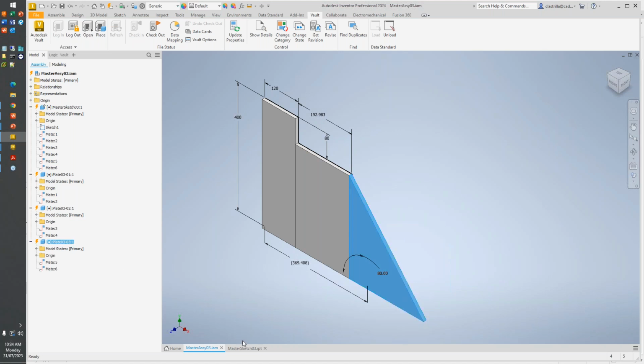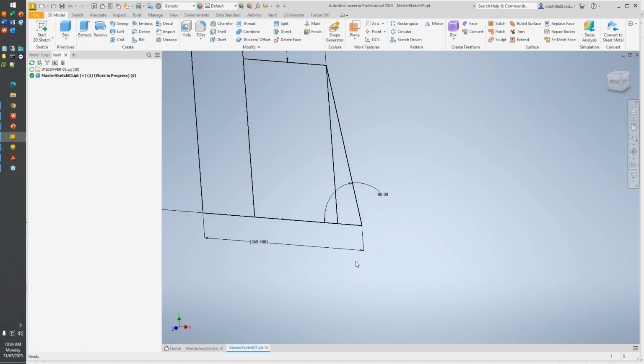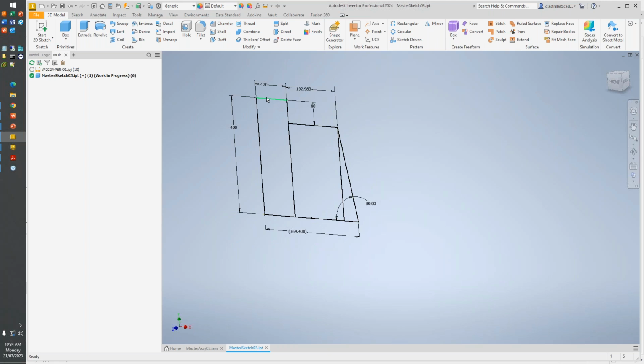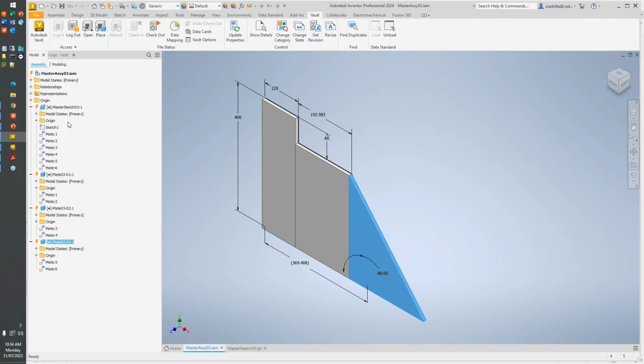And yes, you're absolutely right. You've only changed the dimensions referring to plate 3. But because plate 1 and plate 2 are referencing the same master sketch, from their perspective, they don't really care. Although physically nothing has changed in those plates, because they're still referring to that same sketch, that's why it's asking for an update. So if we update this now,